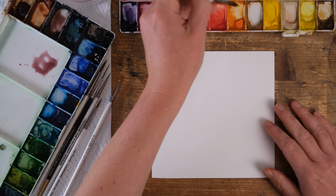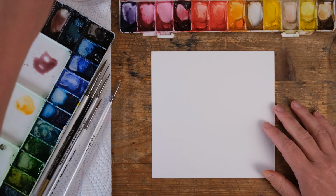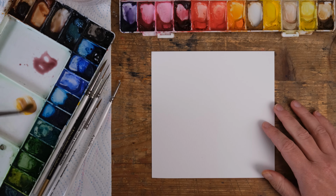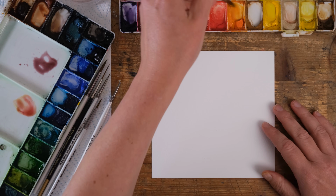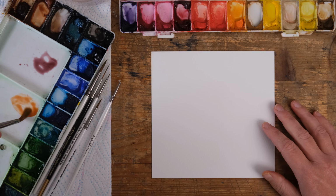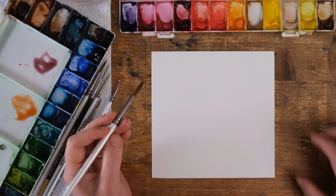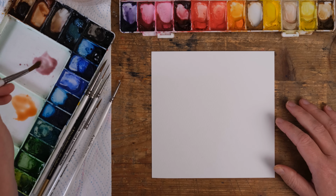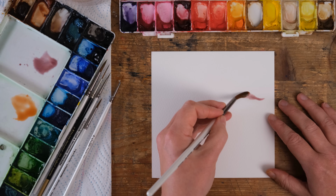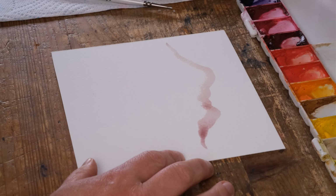So I've got that colour, and then to contrast, I think we'll do a mountain using alizarin crimson, cadmium orange, and a bit of moon glow as well. But let's start off. So I've got a 6 by 6 inch bit of paper, I've got a size 8 pointed round brush, and I'm going to begin by painting a line of mountain, clean my brush off,